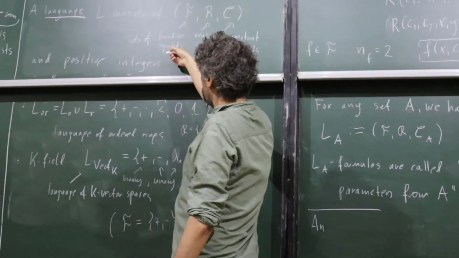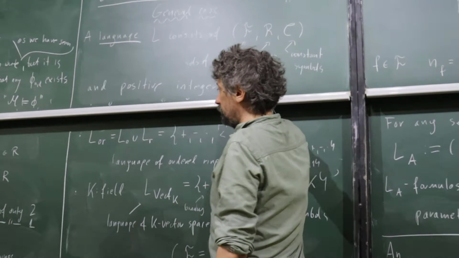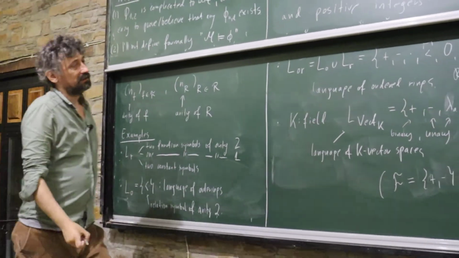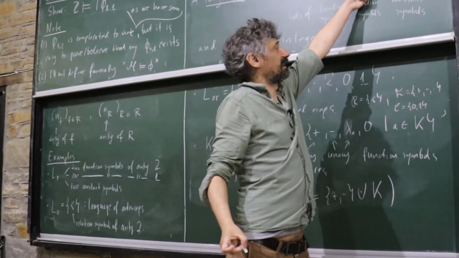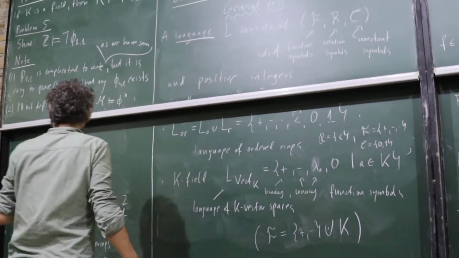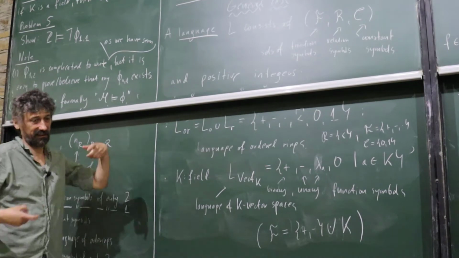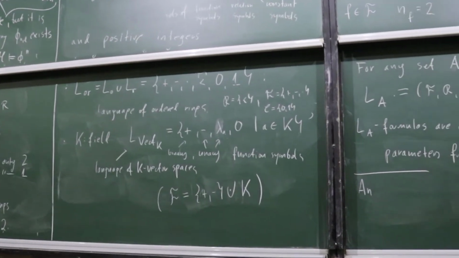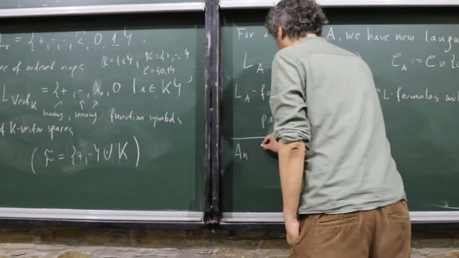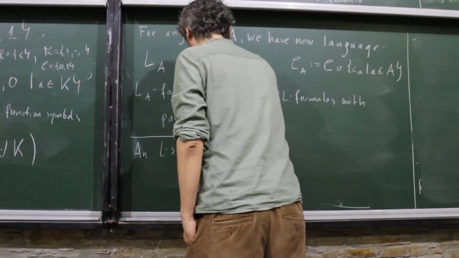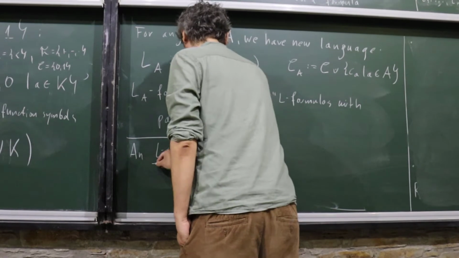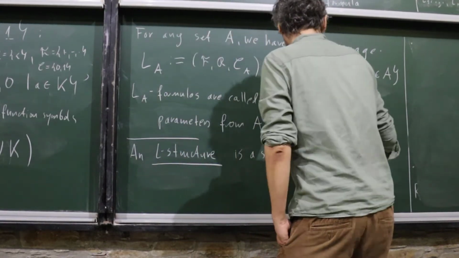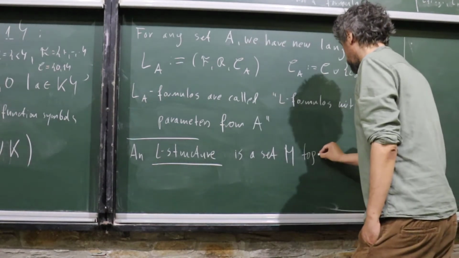This we have to interpret as actual functions of arity as this n_f tells you. We want to interpret all elements of curly R as actual relations and constants as actual elements. So an L structure is a set M together with